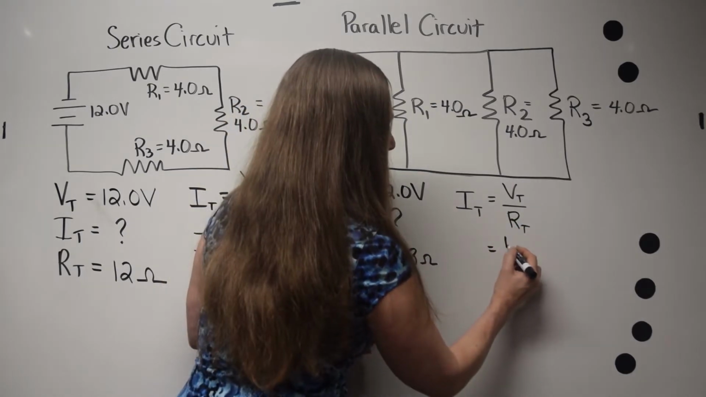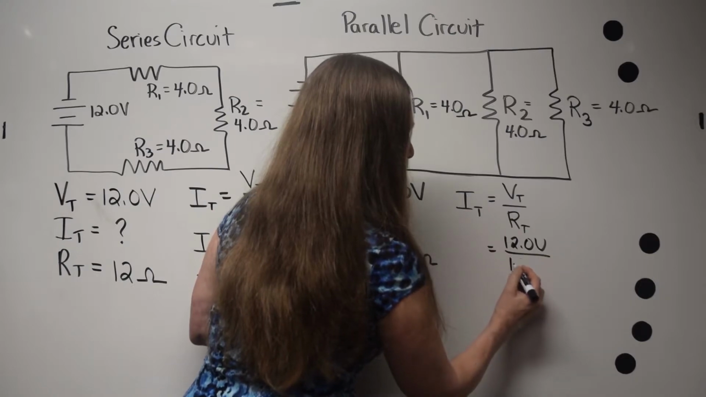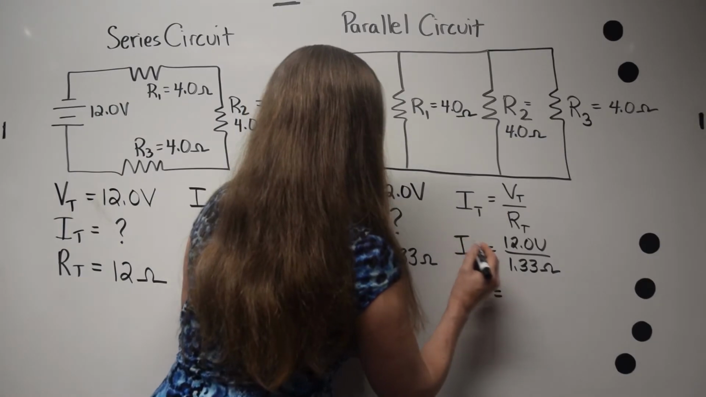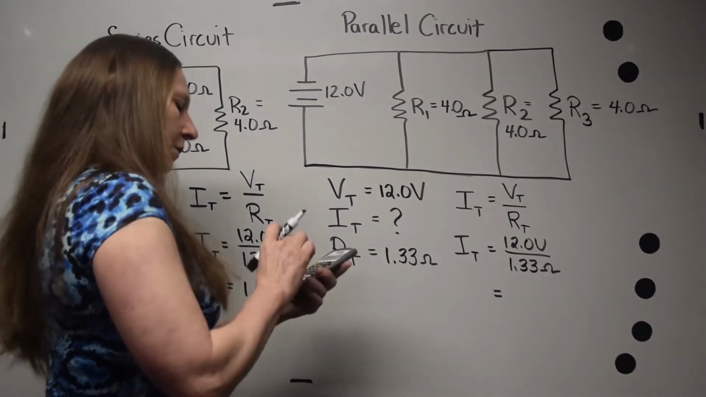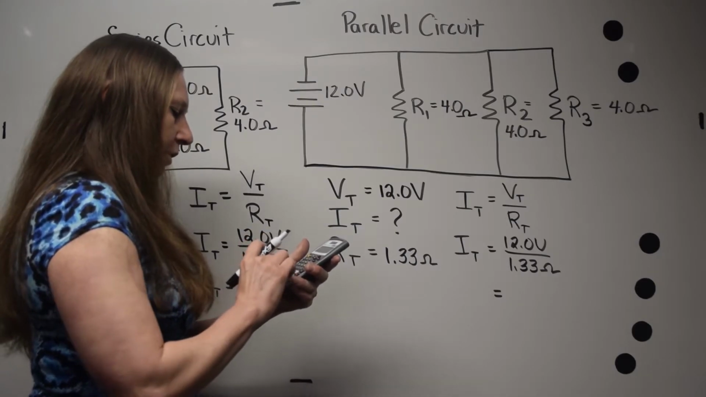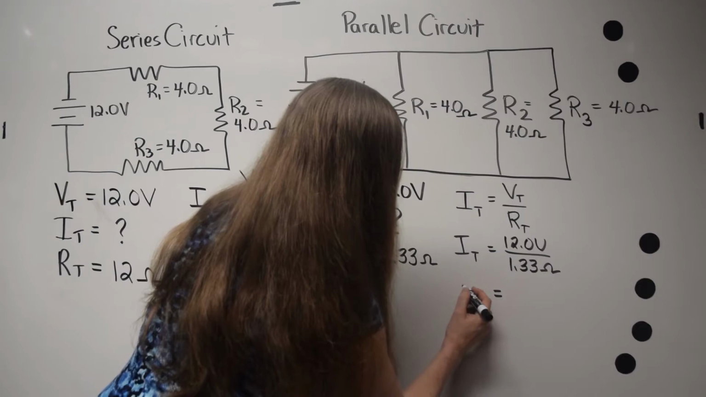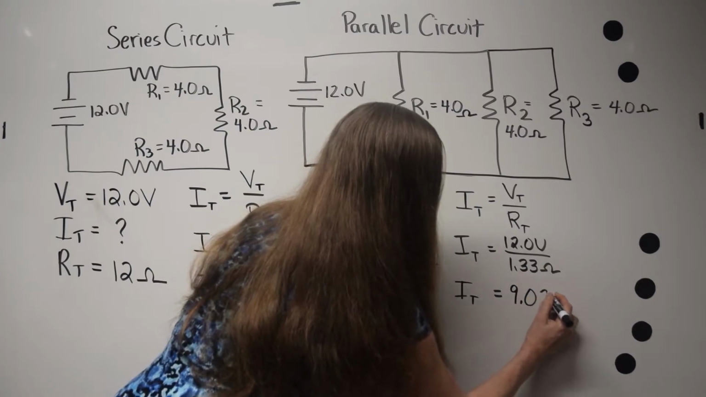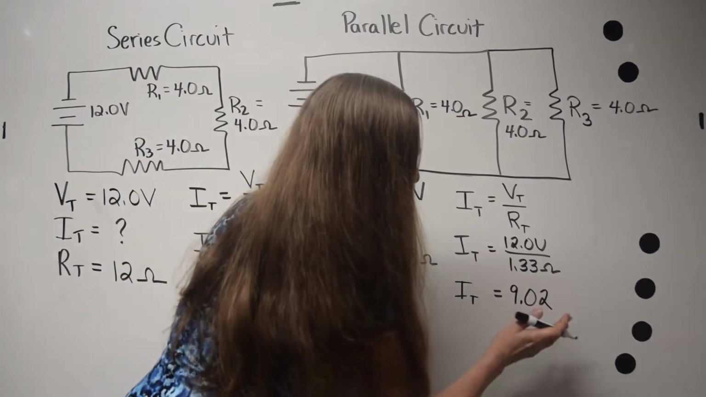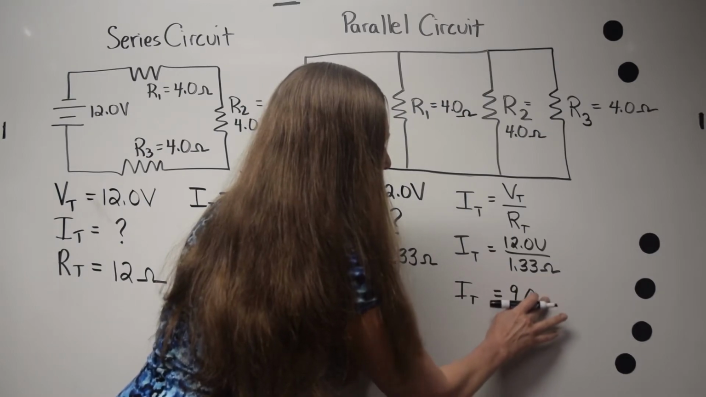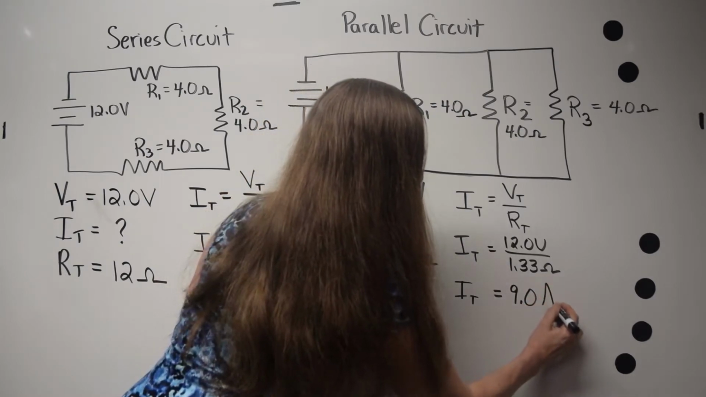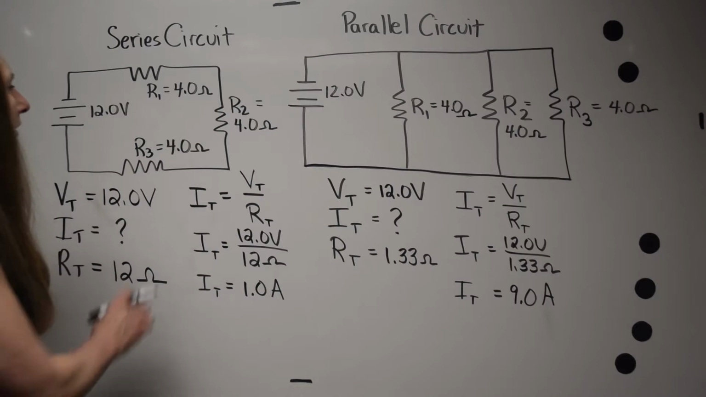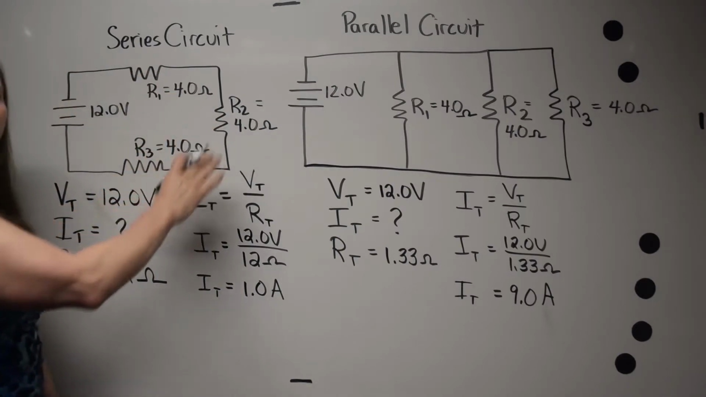All right? V total is 12 volts. R total is 1.33 ohms. All right, let's do the math and see what we get. 12 divided by 1.33, and we get about 9.02. We've got only two significant figures, so we'll just stop at the 9. We've got 9.0 amps. Okay, so you see here that the series circuit with the same three resistors gives us